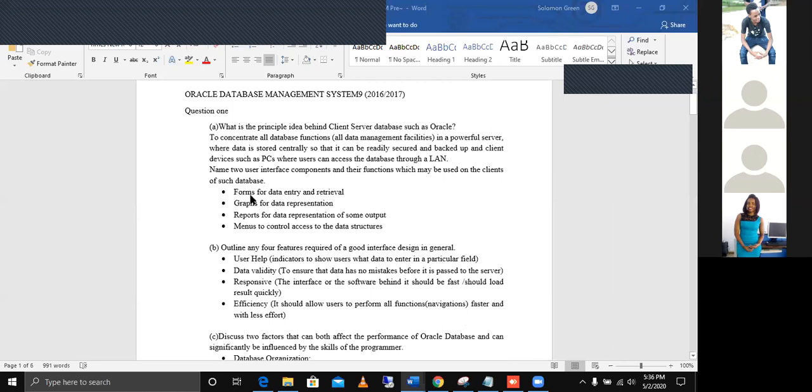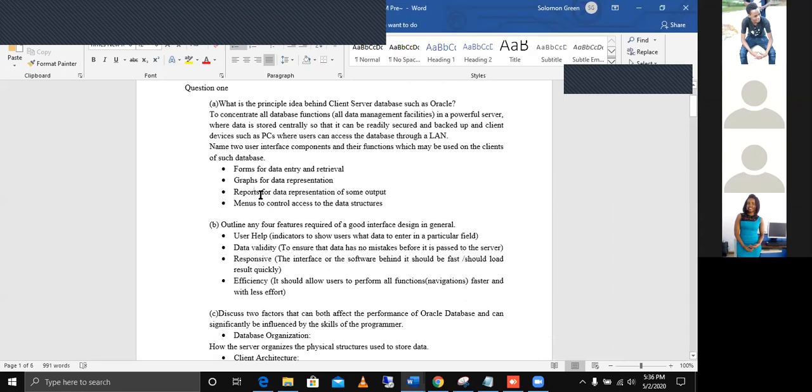So we've seen our forms, we've seen graphs, we've seen reports. Then we also have menus. Menus are used to control access to the data structures. For the case of menus, I won't go deep because you all know this is back end, so I wouldn't want to tamper with the stuff. So we are going to skip that. I will not present that. Okay, so the next part